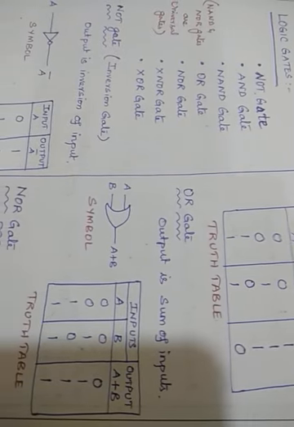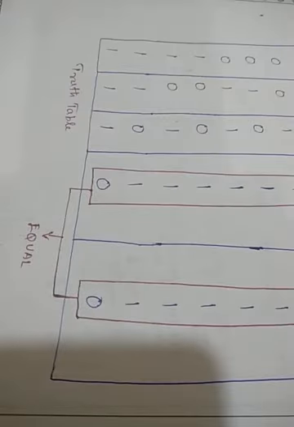So we'll see about logic gates. This logic gates PDF I will send. Once you go through this, if you have any doubt you can ask me, because this is the theory part. As it is, whatever is given here, you have to prepare it. Symbol and truth table you should draw. This question will come for 8 marks.